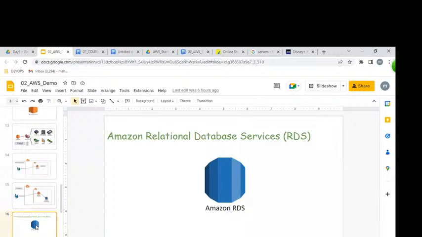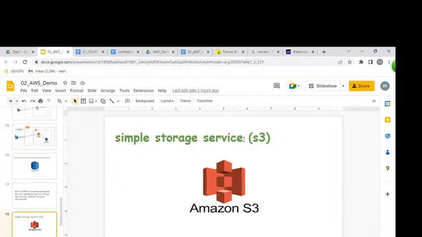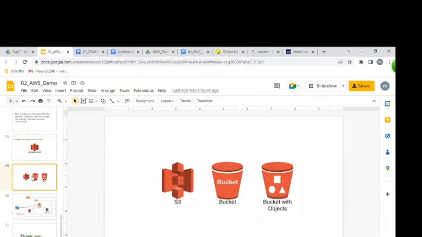S3, external storage. S3 is nothing but simple storage service. By using an S3 bucket, we can upload and download any kind of data, like video file, audio file, text file, PDF, doc, image, any kind of file, over the internet by using any device.